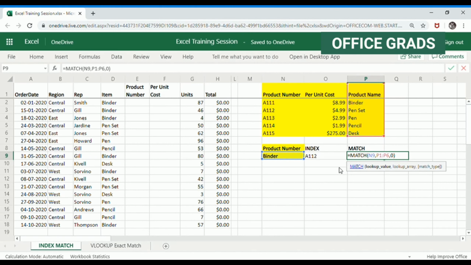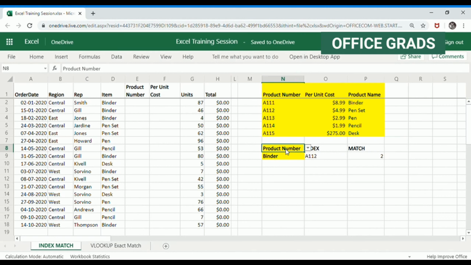So it is giving me the row number where this information resides starting from this table array. Okay. So you have started with P1 to P6 and it's the second row of this column. So that is the function of a match. So match gives you the position of your lookup value.